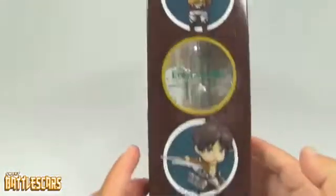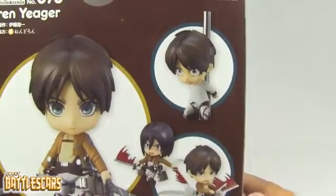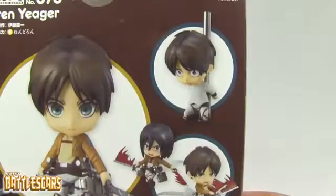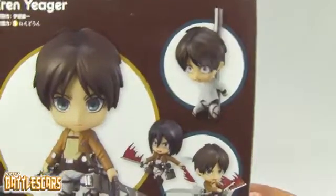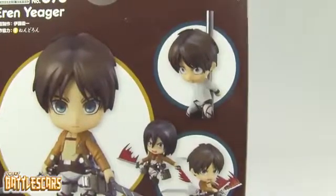We're gonna take a quick peek at the box, the side showing you a few poses, the salute there, and him charging with his maneuvering gear. On the back we get a few other poses too. This set comes with the version of Eren when he's on trial and Levi steps on his head and all that good stuff. It's kinda weird if you ask me, but they've included a version of Eren on trial,